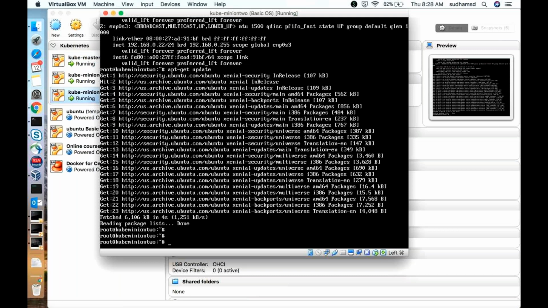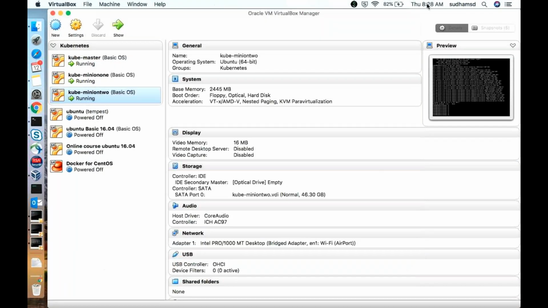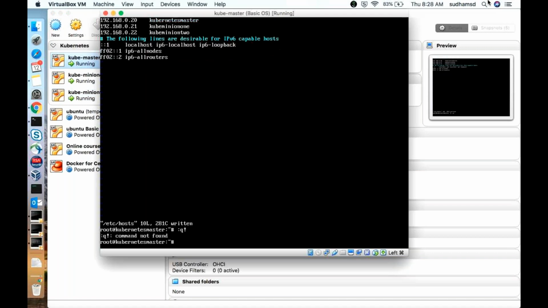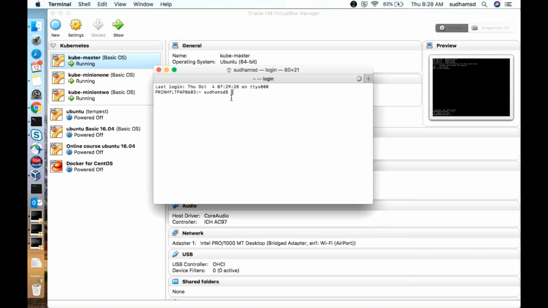These 3 machines are set right now, and I think we are running out of time. Now you can see I'm able to access from outside. If you want to see, just SSH root at 192.168.0.20. I'm able to access the master server right now.